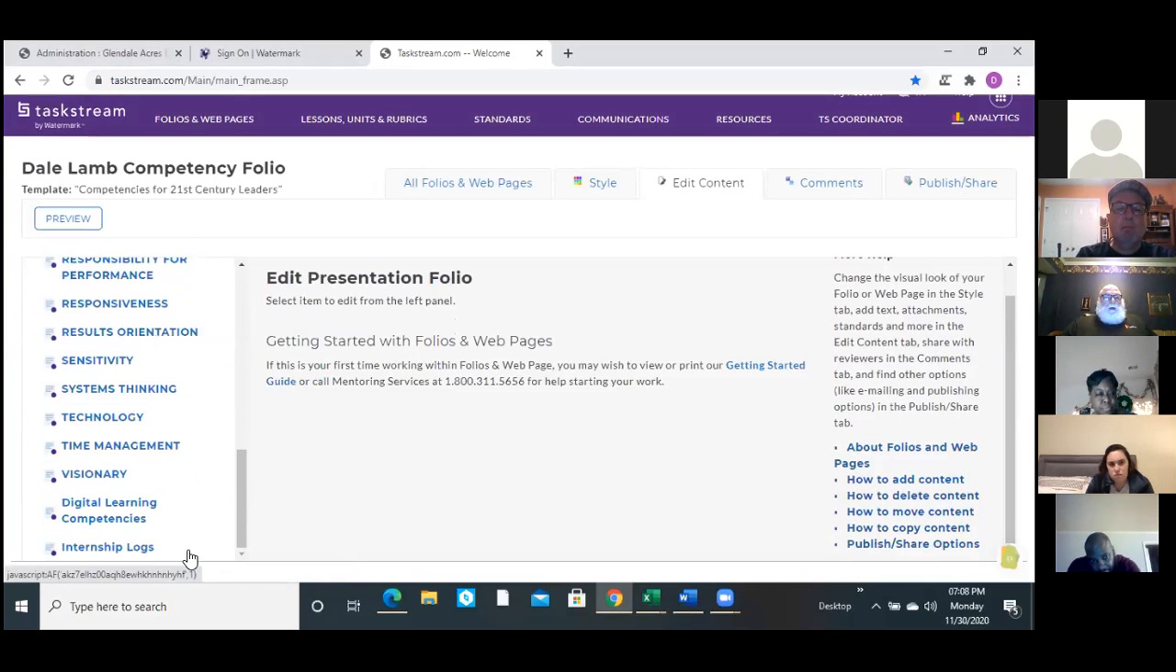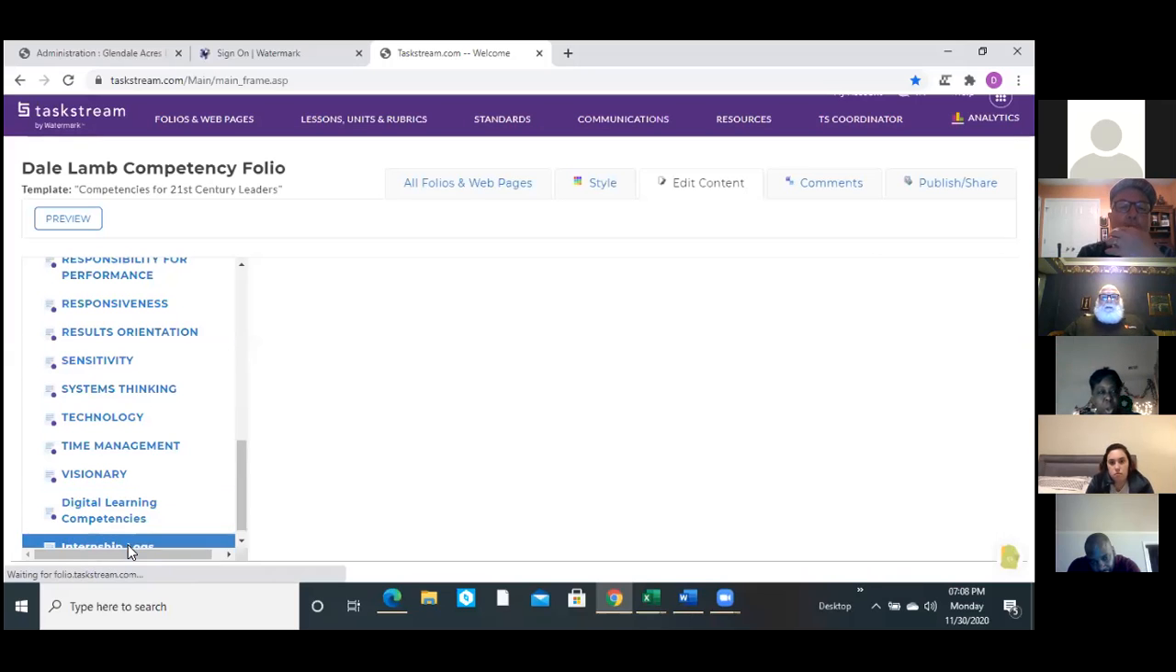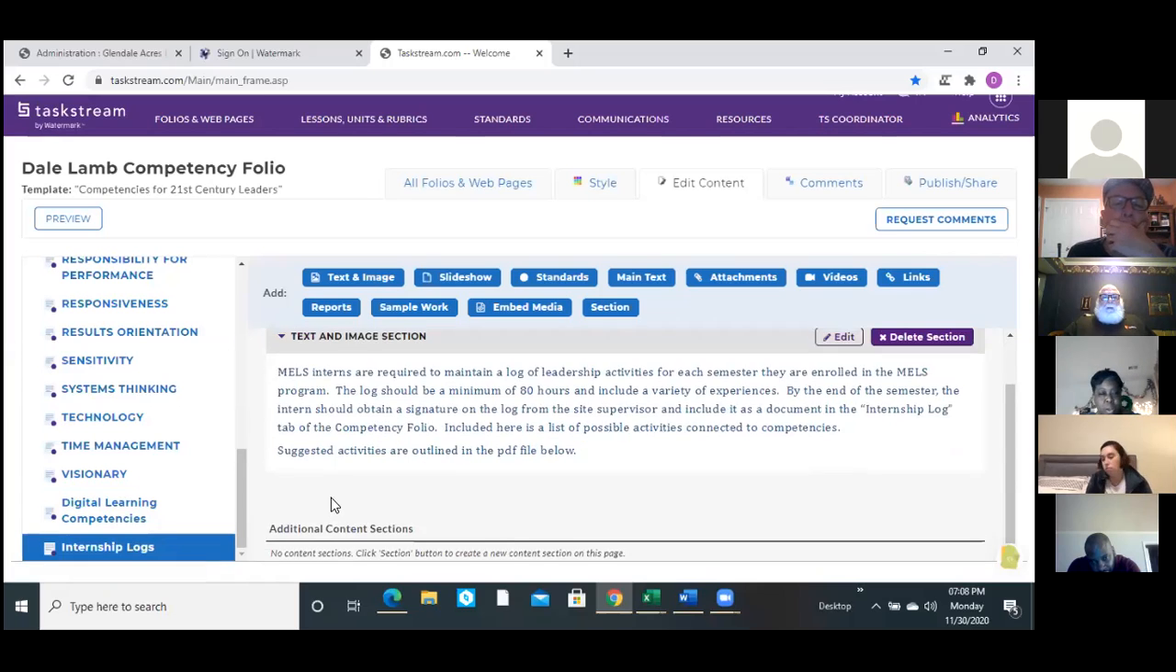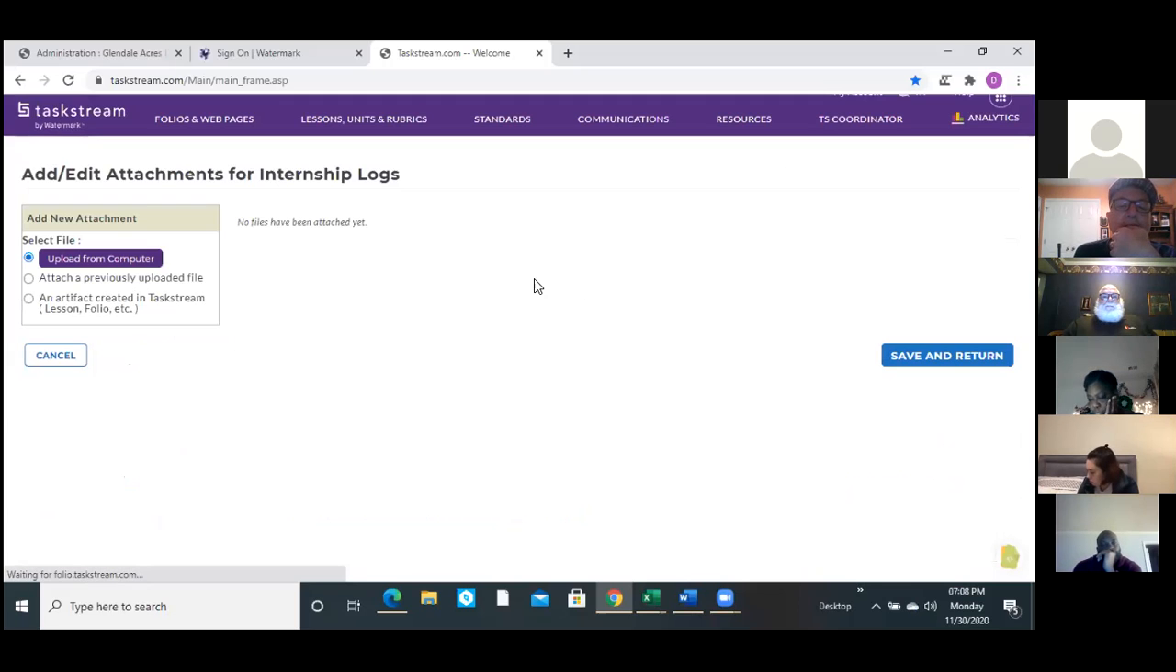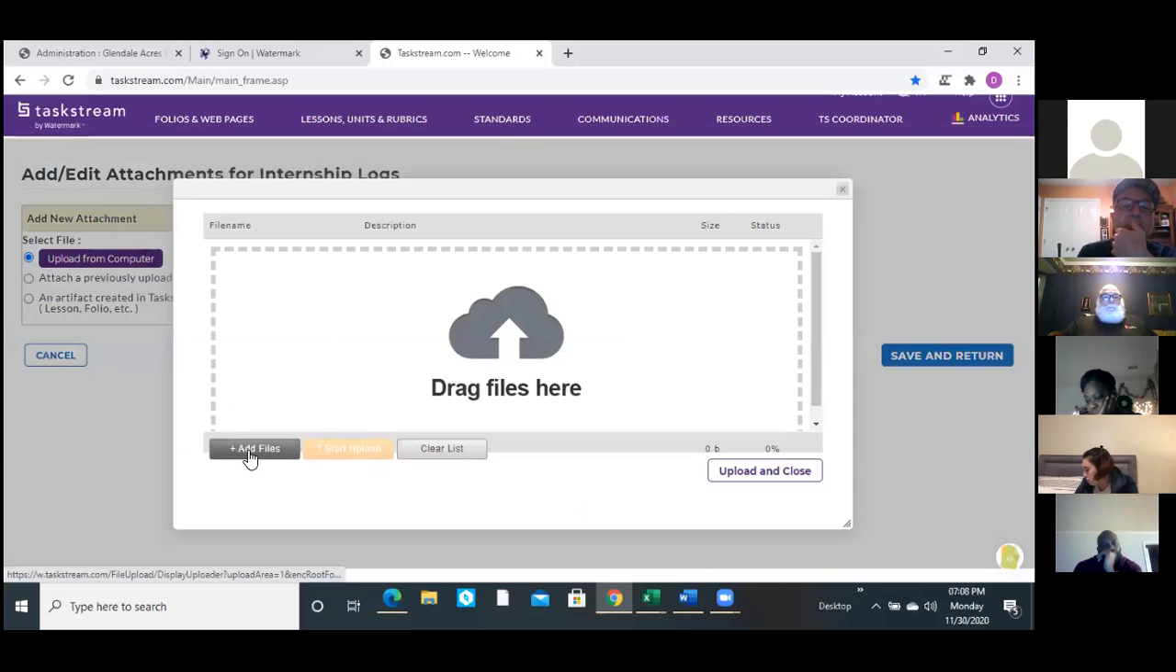You notice down at the bottom, internship logs. You put your semester log from this semester. When you get your 80 hours, you put it there and request comments. Internship log, upload your log, use attachments, and then hit the request comments from your coach. You know who your coach is. So when you get there, you do attachment, upload from computer, add files,